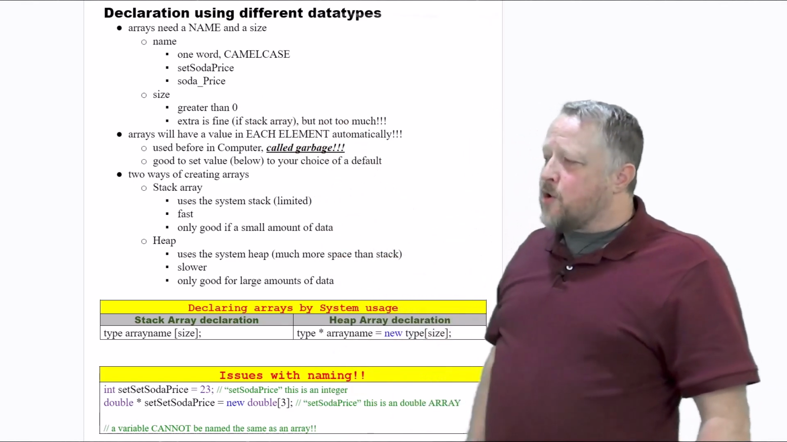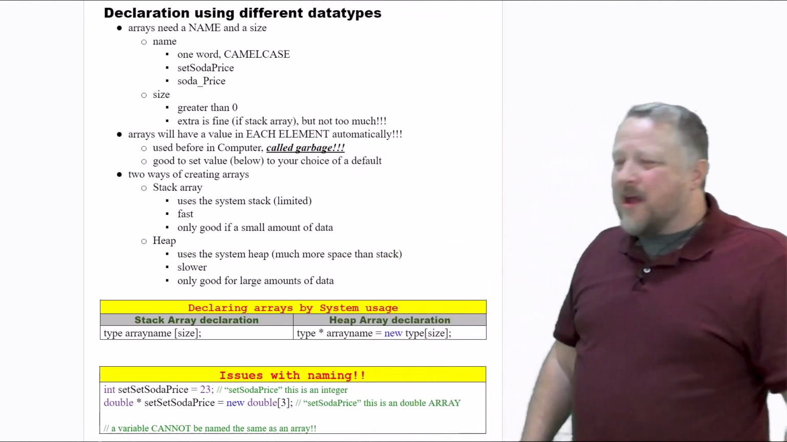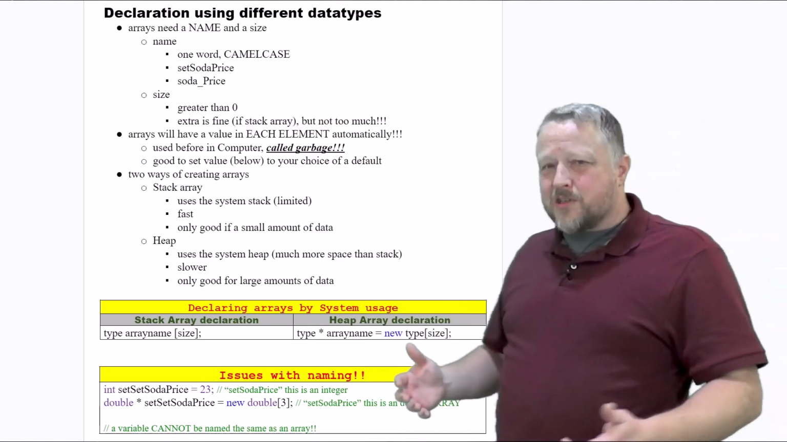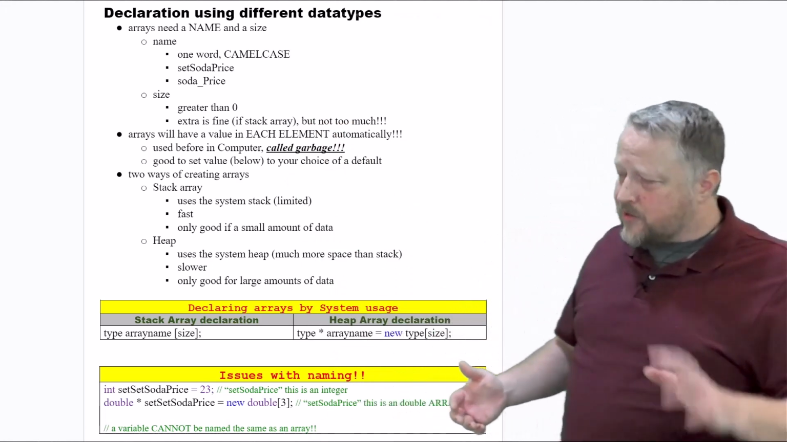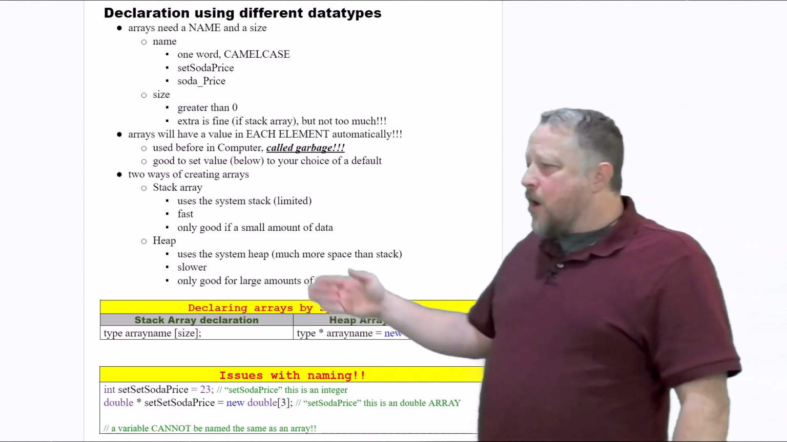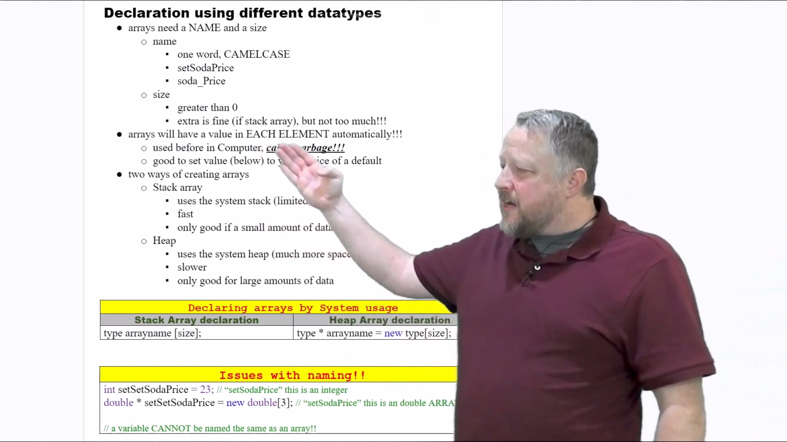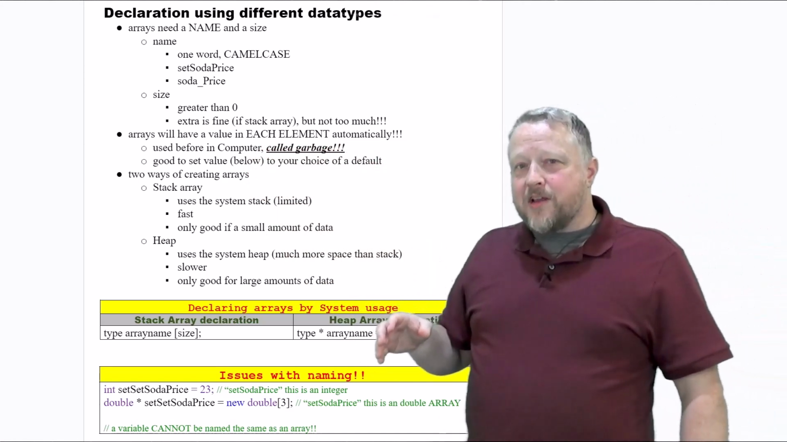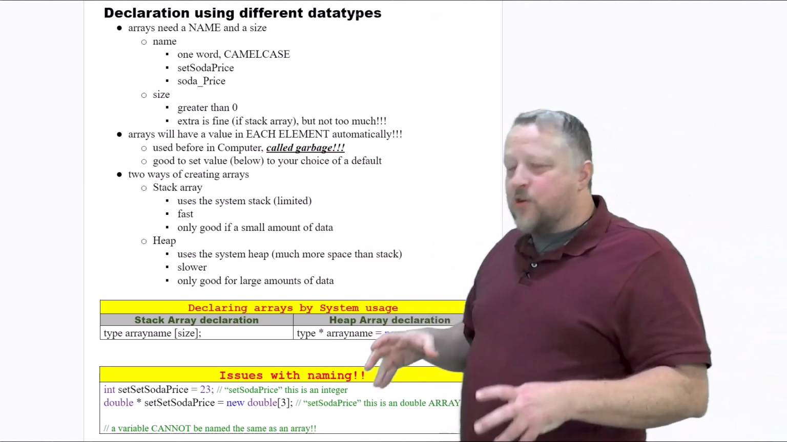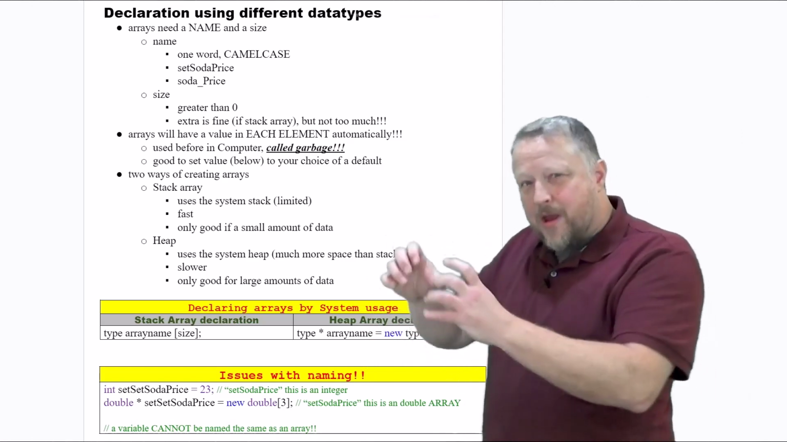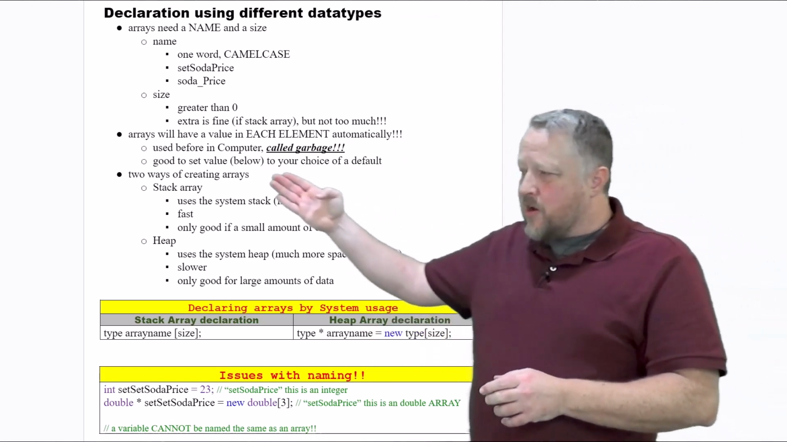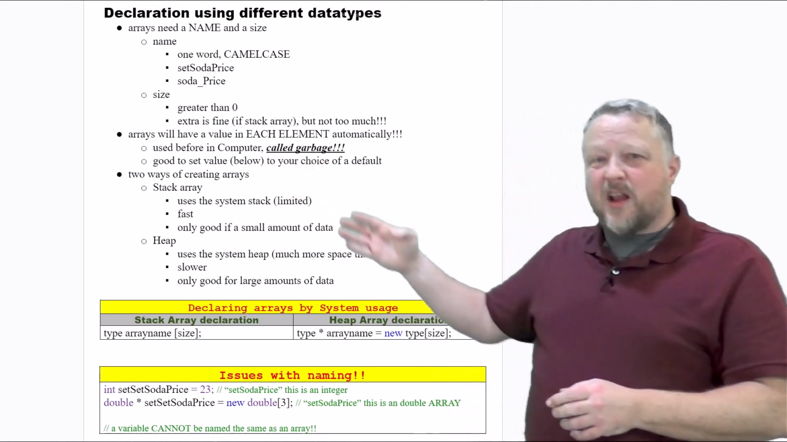Your size is going to be greater than 0. And if you happen to have extra space in your array, that's okay as long as it's not a crazy amount of extra space, but it does happen. Arrays will have a value in each element automatically. Now, the funny part is that your computer actually used that piece of memory. Your array is shoved somewhere in the computer's memory, and it's going to have some other stuff in there previously